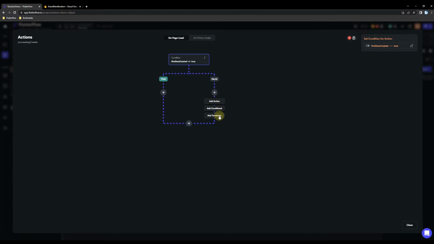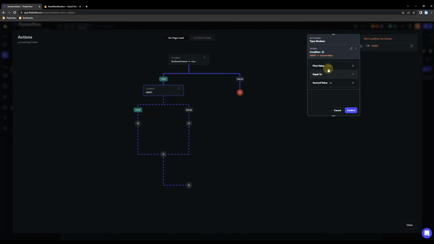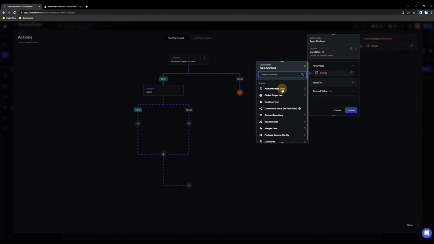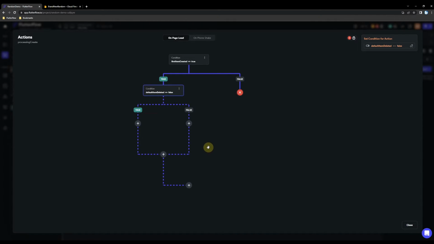On the false path, we're gonna add terminate. On the true path, we're gonna add another conditional. Again, it's gonna be a single condition. Authenticated user. Where is it? Default item deleted equal to specific value false. And on the true path,